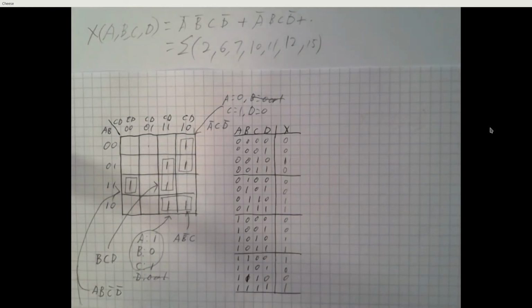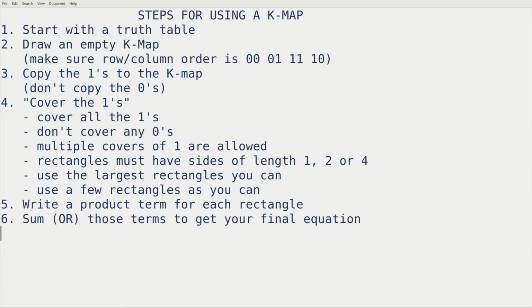That doesn't buy us anything, right? That's just minterm 12. But for these two ones, we wrote something simpler. Instead of writing the minterm for this and this, we combined them into a simpler expression. Alright, and then the last step is to sum those terms, or to OR them together, to get your final